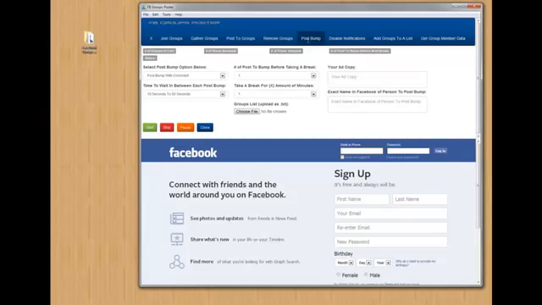So when people log into the group, they see your post right back there, and you're not actually making a post, you're making a comment. By making a comment, it automatically sends your post back up to the very top of that group